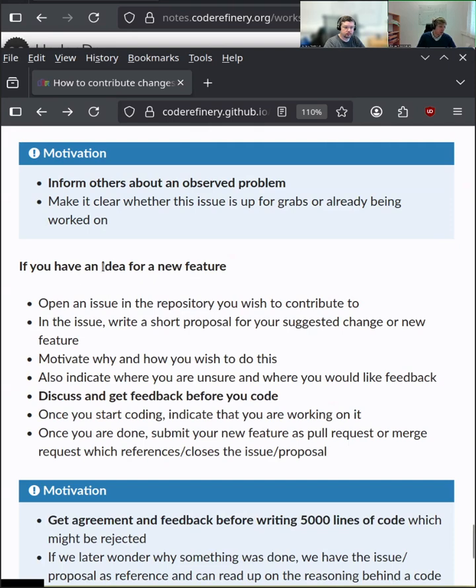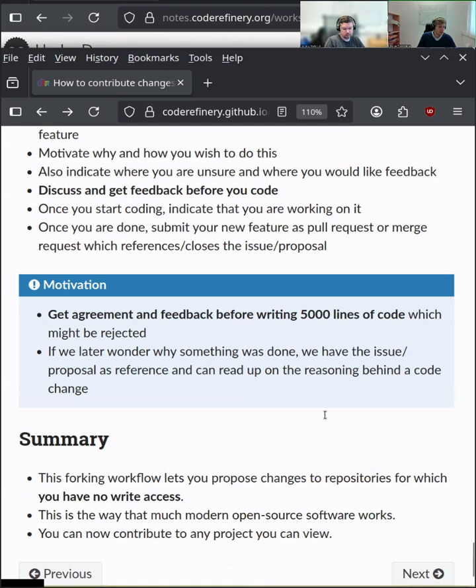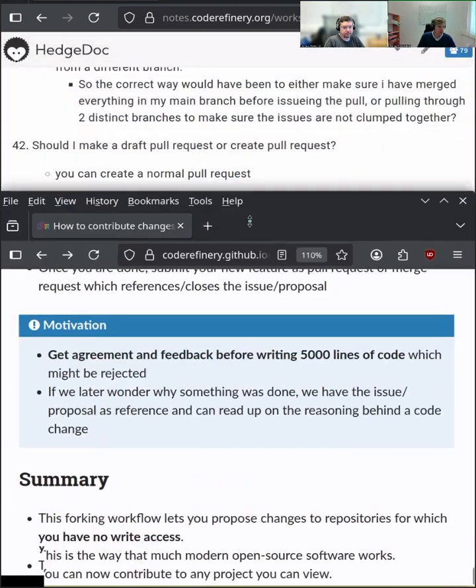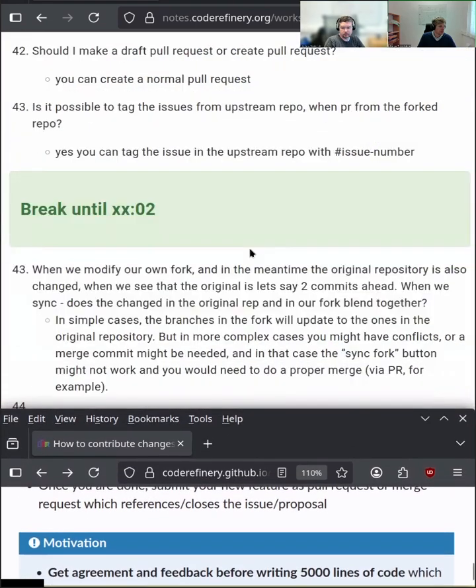Yeah, similar story if you have an idea for a new feature in a code base and you want to suggest that. Let's see. I mean, we've already spoken about all these things. So in principle, we are done with most of, or basically all of the lectures from today. Let me just quickly see in the document if there are any questions that came up.